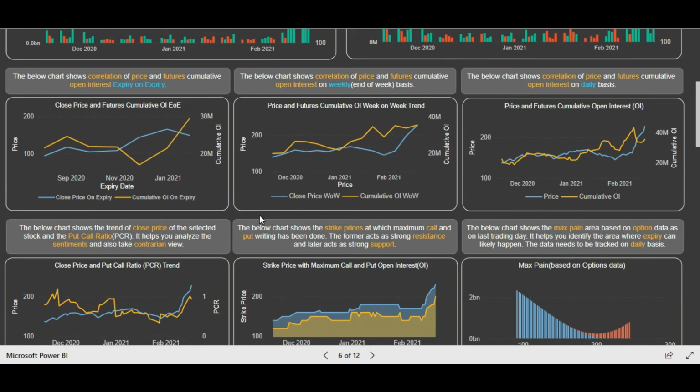As I mentioned in the previous video also, for the near-term trend you can see the daily graph, and how the OI is changing for the futures. There was a huge short covering first from the 9th, and then long positions also getting developed. You can see in the weekly trend also, since we are analyzing the data for 1 week of options, that overall long positions were developed in the week, right?